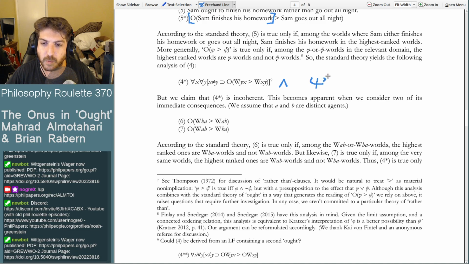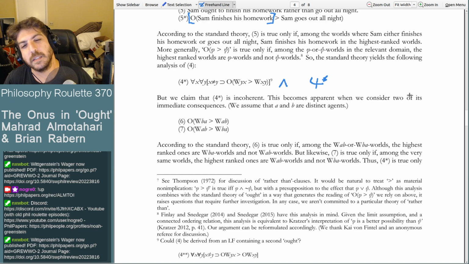So we got 4 star. So this is 4 star. So we're doing this twice. We have the same sentence twice, and you instantiate it to the two things. And that's what they're doing, basically. So the question is, is that a legitimate move? Yes, I guess so. I'm trying to think. You could probably,